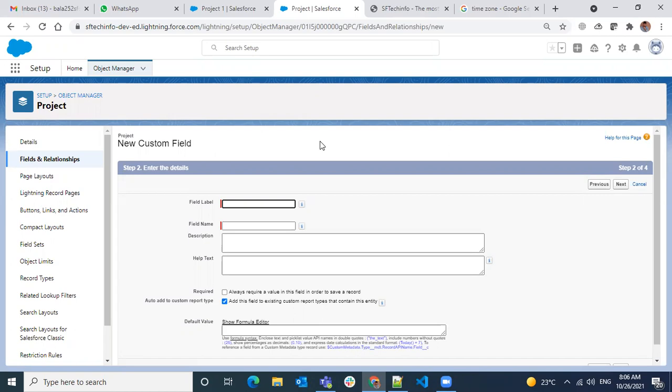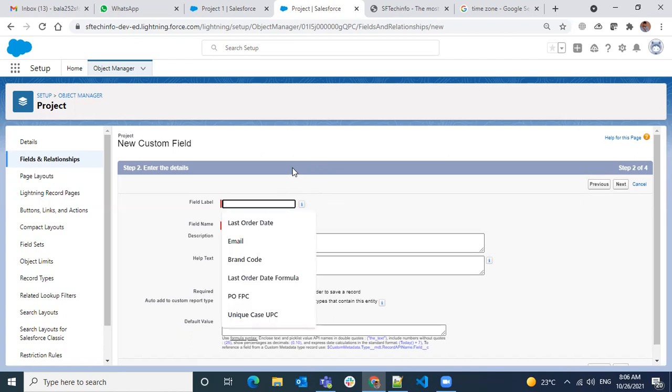Even if all the users of your org are from India, Salesforce in the backend will still store the date and date time fields in the GMT time zone. But based on your settings, it will change and display accordingly. I'm stressing this so much because it will be very useful when you're really working on projects.